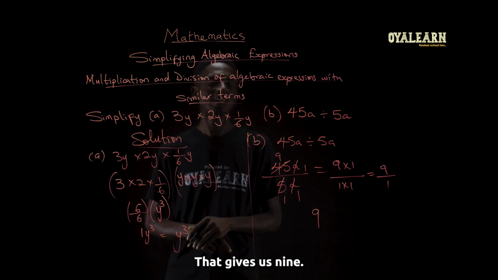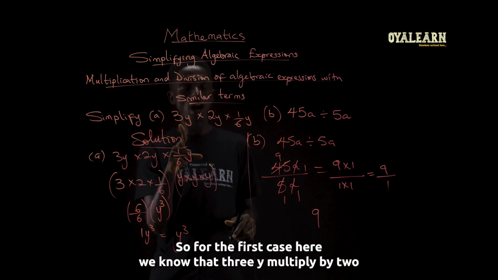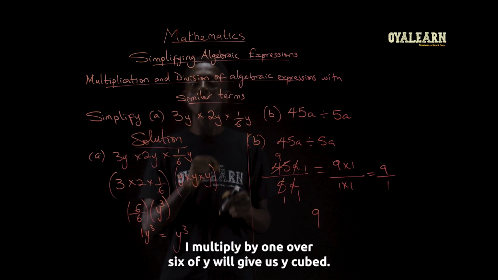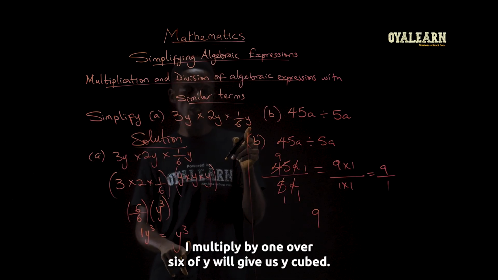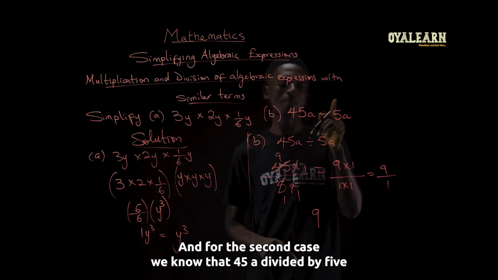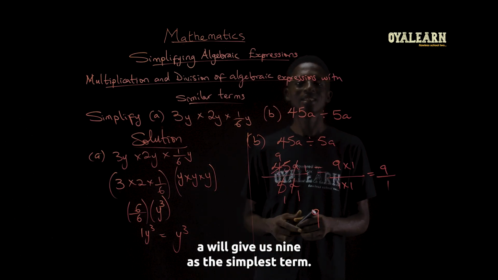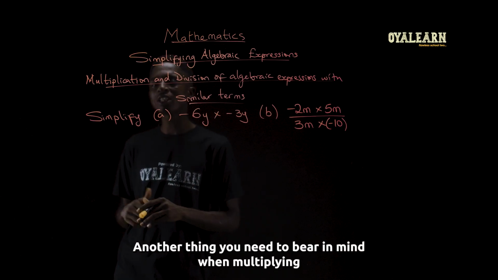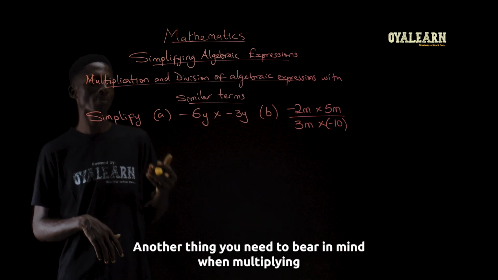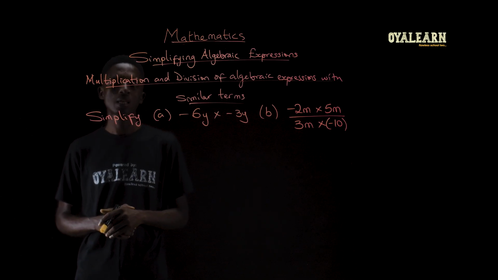That gives us 9. So for the first case here, we know that 3y multiplied by 2y multiplied by 1/6 of y will give us y cubed. And for the second case here, we know that 45a divided by 5a will give us 9 as the simplest term. Another thing that you need to bear in mind when multiplying or dividing algebraic expressions with similar terms is